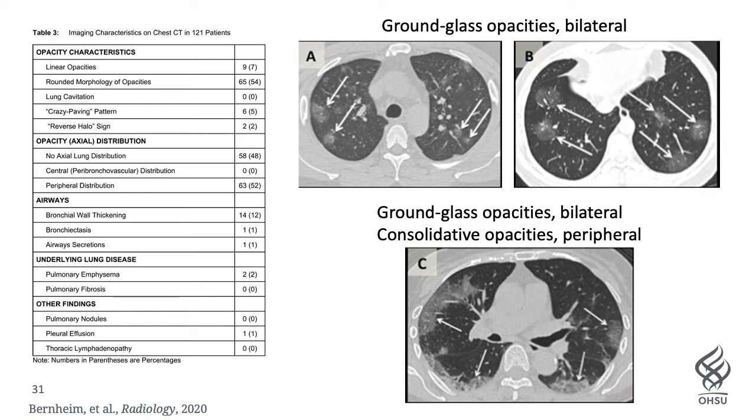Okay, so on this slide, I'm showing you data from a study that came out earlier this year in Radiology. The study looked at 121 patients with COVID-19 and tried to put together a summary for physicians about what kind of abnormalities you're seeing in CT scans. On the left, you've got a table summarizing the different types of abnormalities you see in the lungs. And on the right, I've tried to pull out a couple images so we can discuss what these actually look like in patients.